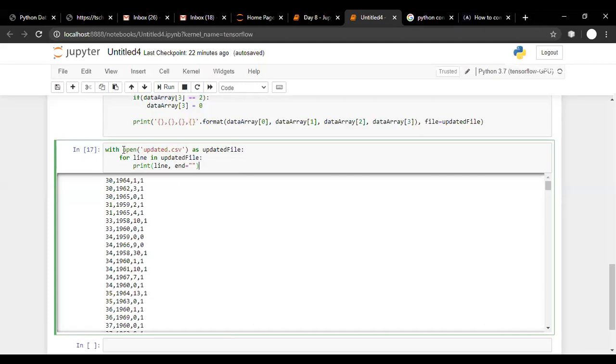So now we are going to analyze the data with some perspective: what is the chance of a successful operation if the age of the patient is less than 40, between 40 and 50, between 50 and 60, and above 60, and so on? That we are going to do right now. Our updated data is in the updated.csv file, so we'll be using that file only. Class, are you with me till now?